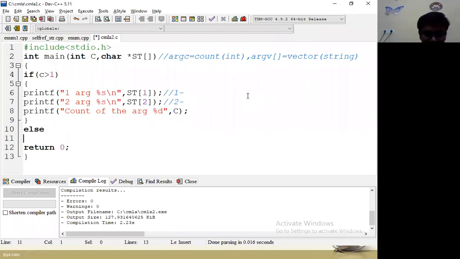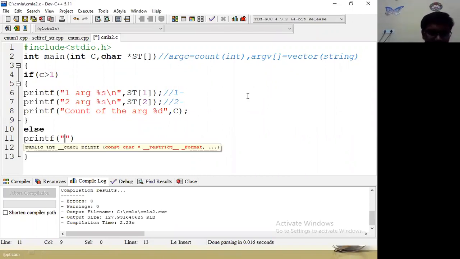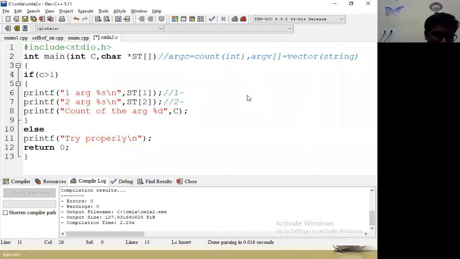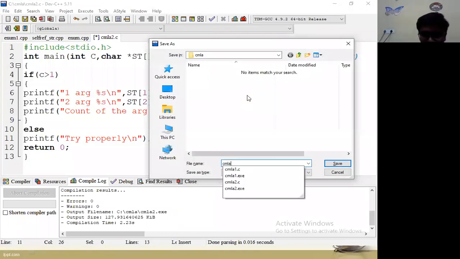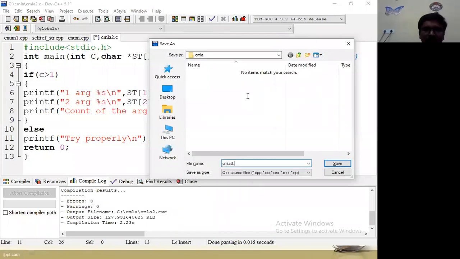Else, printf, try properly. If you pass only the program name without any argument, what is the meaning? No meaning. So that's why that type of output will be given.